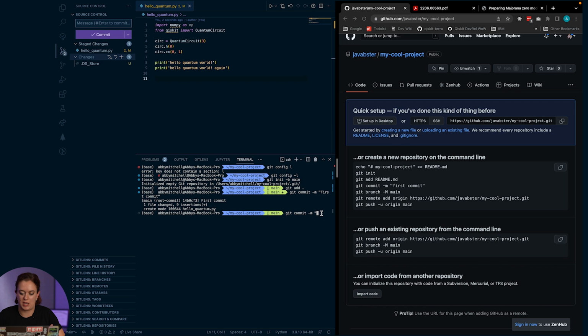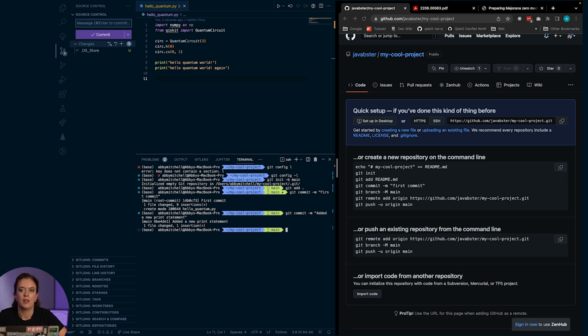So I'm going to add another commit message to this. I'm going to say, added a new print statement. There are a lot of best practices for how to write good commit messages. You don't just want to say things like, did some stuff. You want to try as succinctly as possible to explain what you did. And I think we're going to link in the description to some good examples for how you can write good commit messages. But yeah, just try to be to the point, but provide the necessary details so that if you're looking back at this, you'll understand what you did. So I'm committing this, and I've committed.